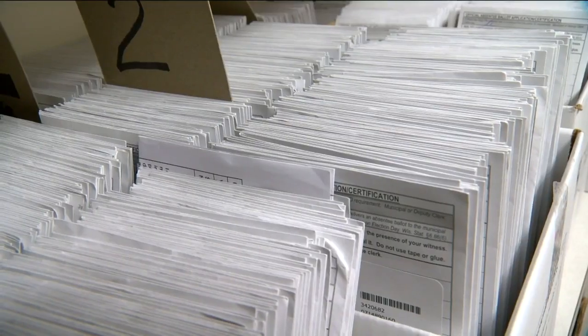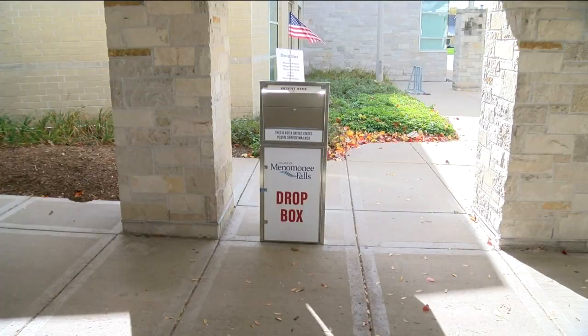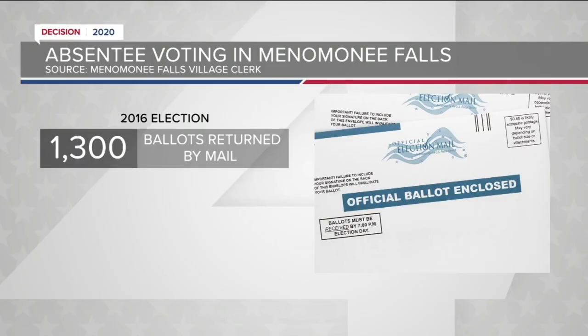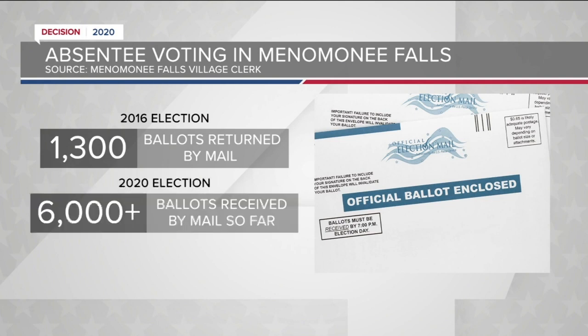She says this election is unlike any other. A lot of the misinformation that's out there, a lot of the processes we've had in place for many, many years. Including the process for absentee voting, which more people are doing this year. During the presidential election 4 years ago, 1,300 ballots were returned by mail in Menomonee Falls. This year, more than 6,000 ballots have already been received by mail, and we're still more than 2 weeks from